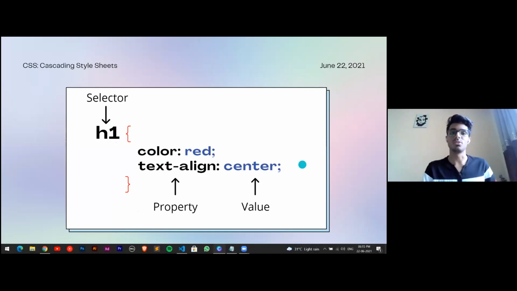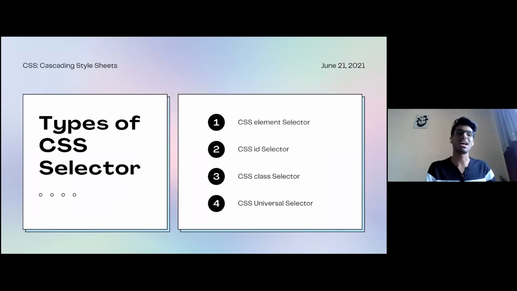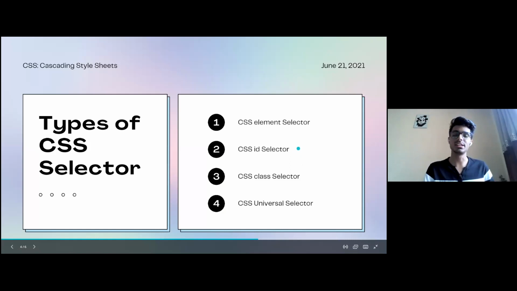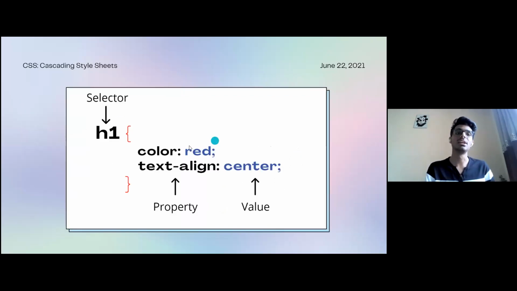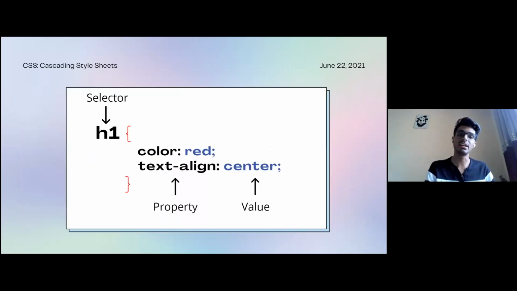Great. So we'll move forward, and we'll discuss some types of selectors. The first one is the element selector, then there is an ID selector, a class selector, and a universal selector. The element selector we had seen in the example over here. This is an element, that is h1, div. We call them elements. So this is an example of an element selector. For the ID selector, we will declare an ID in front of h1 instead of h1, that is using a hashtag and the name of the ID.